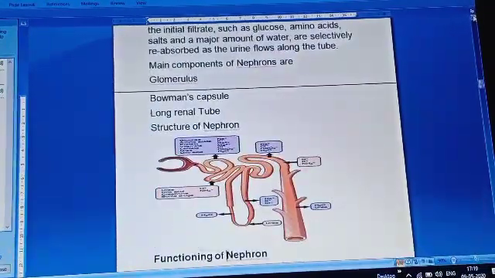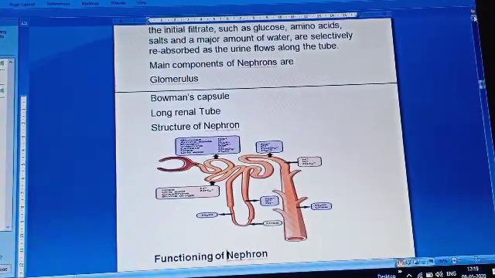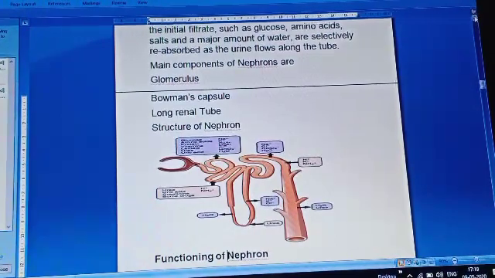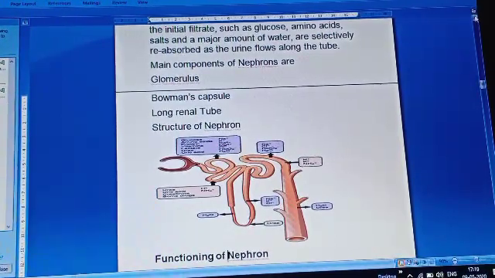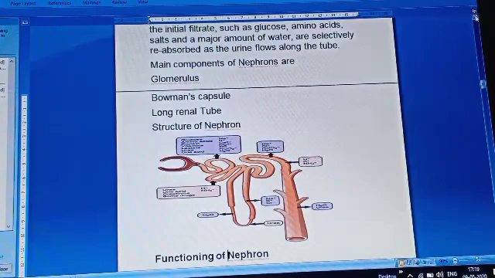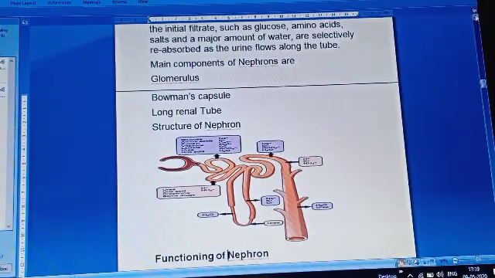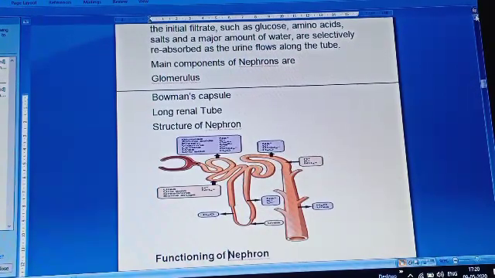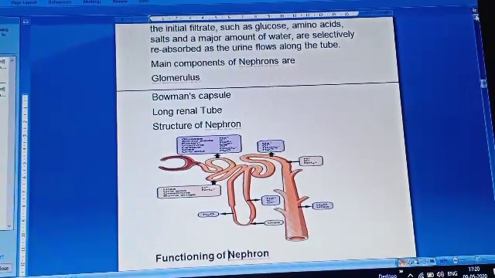In this question, you have to draw the structure of the nephron. In that, you have to describe the three parts of the nephron. The starting portion is a cup-like structure called the Bowman's capsule. Then after, it terminates into a long tube. In that, you have to describe the Henle's loop, and then at the last, the collecting duct.